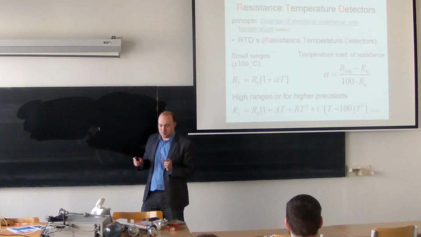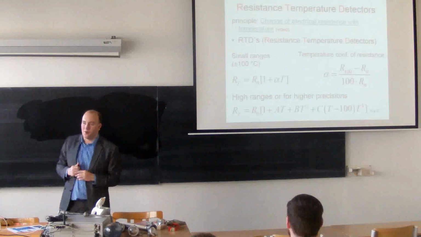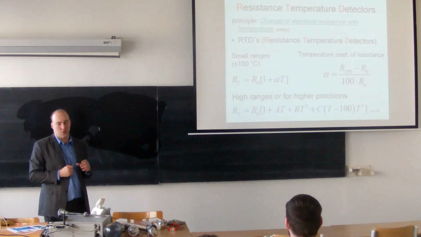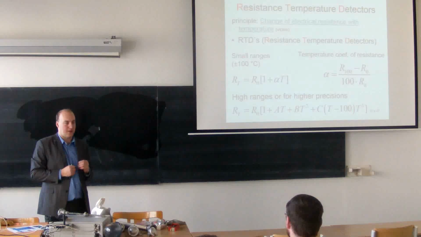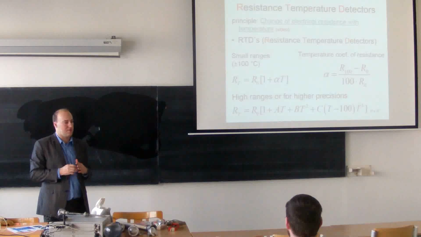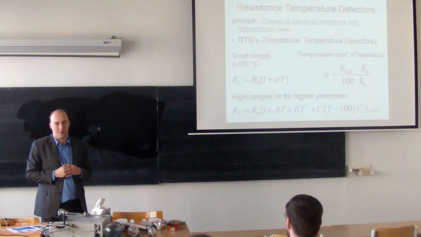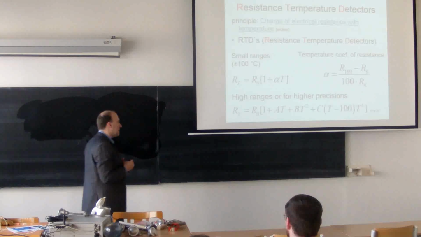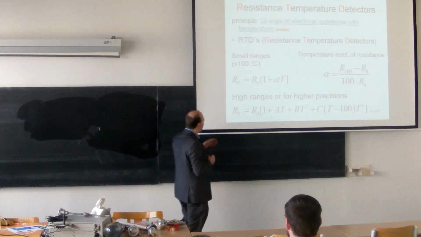We find two equations. One equation is valid for smaller ranges of temperatures. So in a normal temperature range from about 0 to 100 centigrades, we can describe that electrical resistance depends on